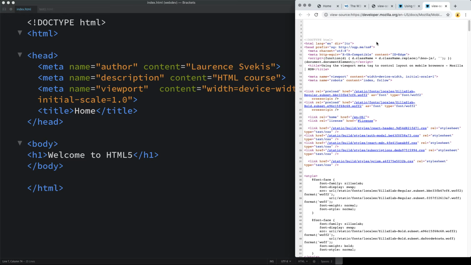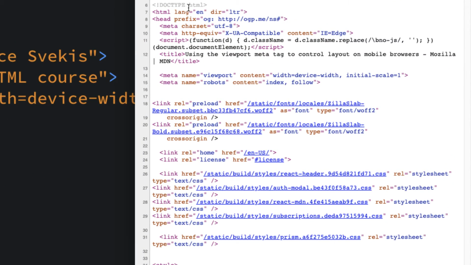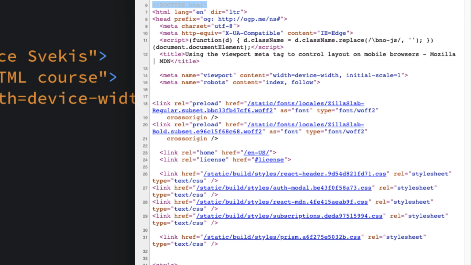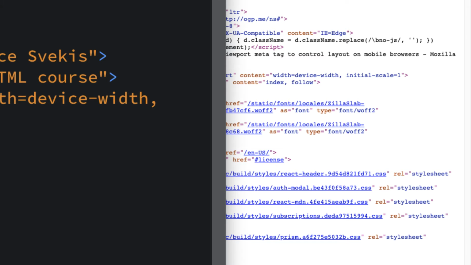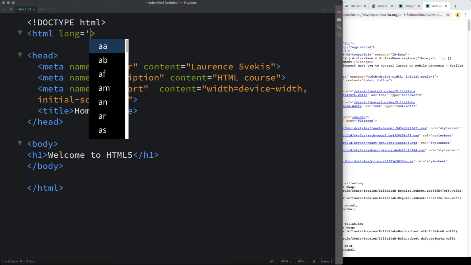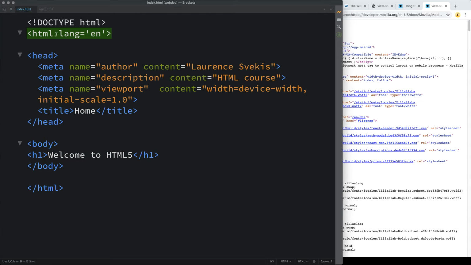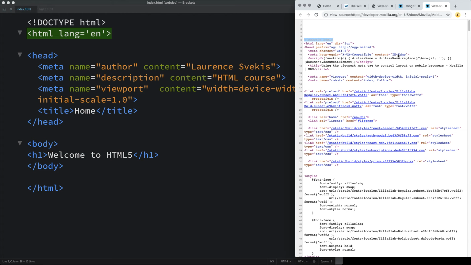And let's look at the source for Mozilla. They are specifying that it's an HTML5 document. Within the HTML tag, they're specifying the language. That is another option within the attributes, where you could set a language and then specify the language value. So if the content is in English or another language, that allows the browser to better understand